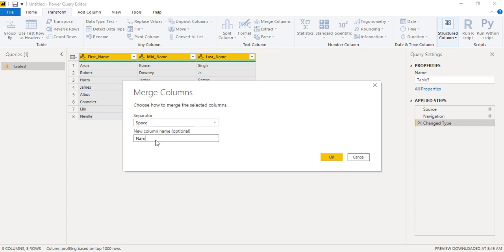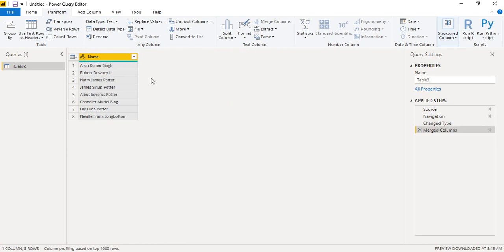I'm just going to give it a simple name, and then you can click on OK. And here you can see that instead of those 3 columns, now I have got only one column by the name of name, and whatever the data was there in those 3 columns has been merged into a single column here. Alright, so this is how it's done.